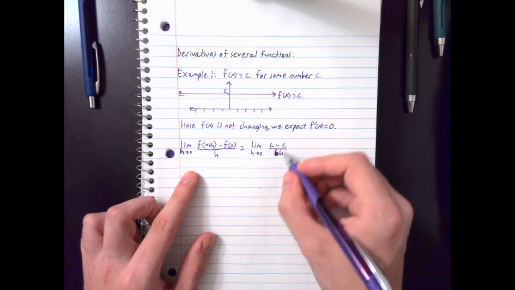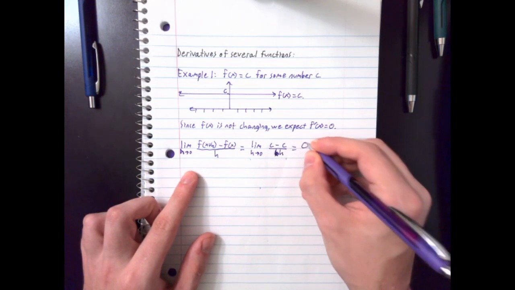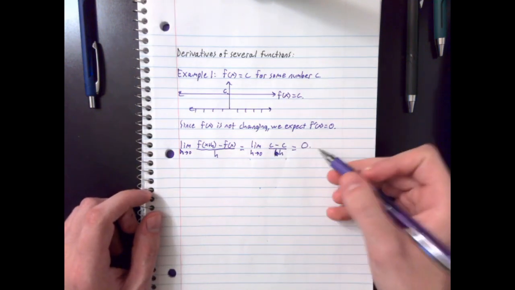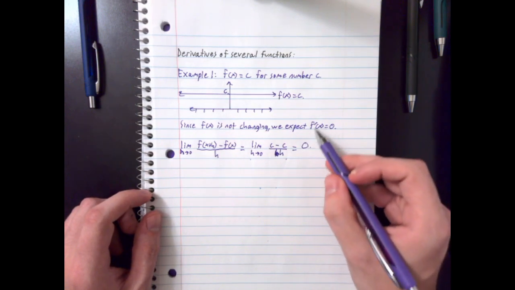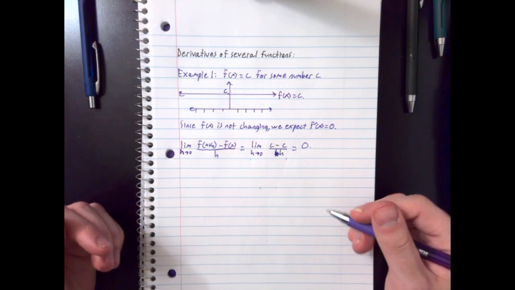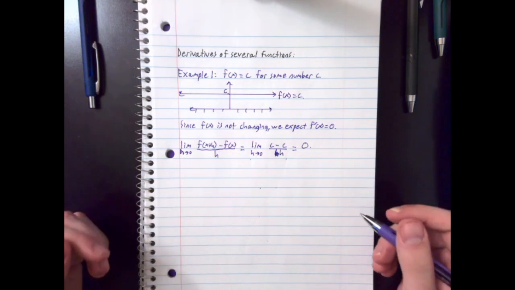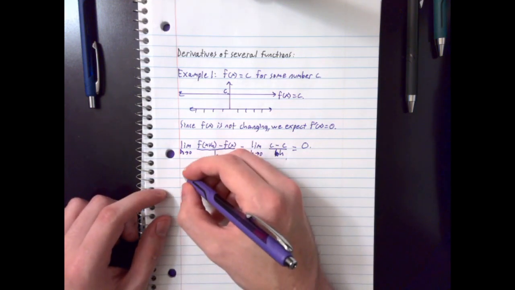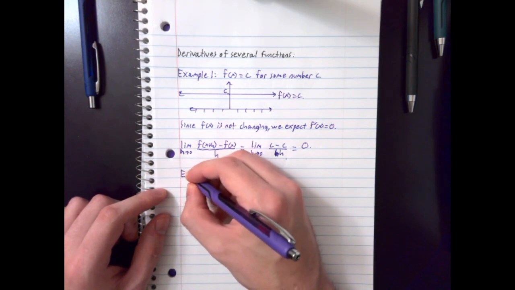And since h is never equal to 0, this limit is 0. And so indeed, the instantaneous rate of change of f of x is 0, because for a constant function, you simply are not changing. Okay? The other example that I want to do